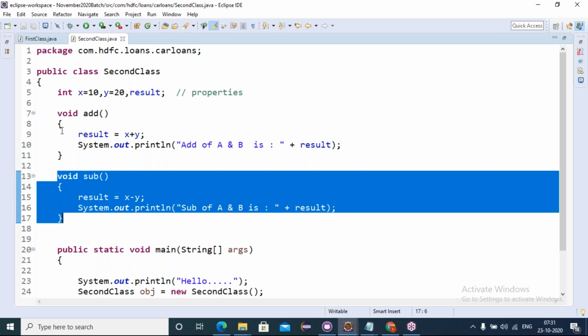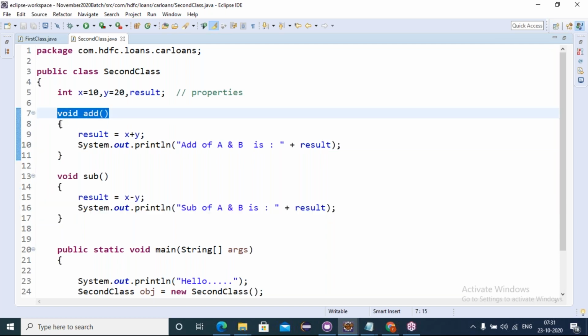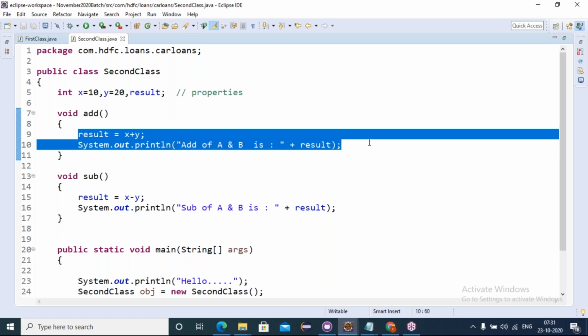What is a concrete behavior? The behavior which has a body, like open and close curly brackets, where we can give some implementation logic.